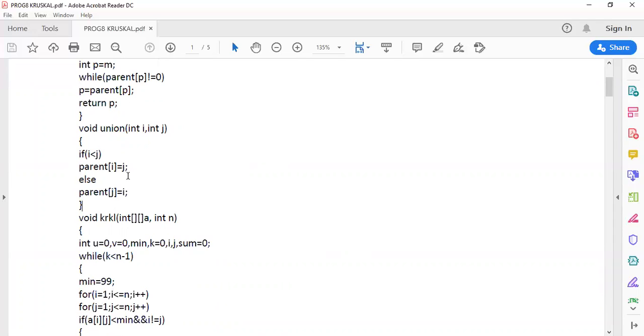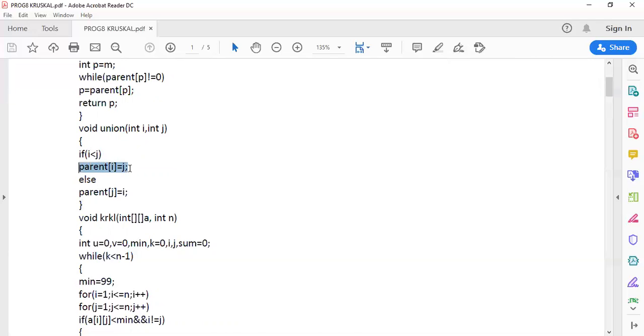Now you have to assign the parent of vertices 1 and 2. How will you assign? You check the condition. I is 1 now, J is 2. So 1 is less than 2.